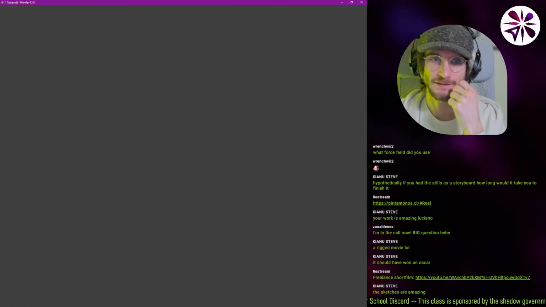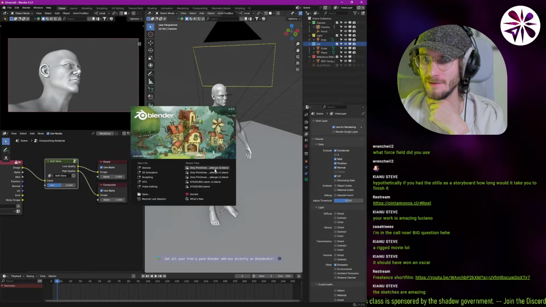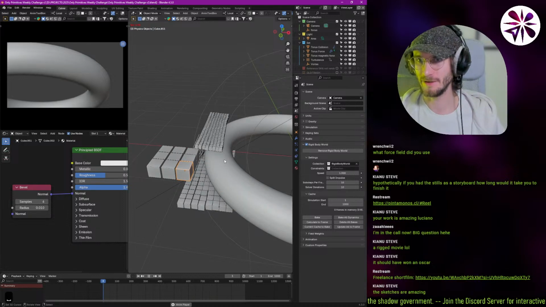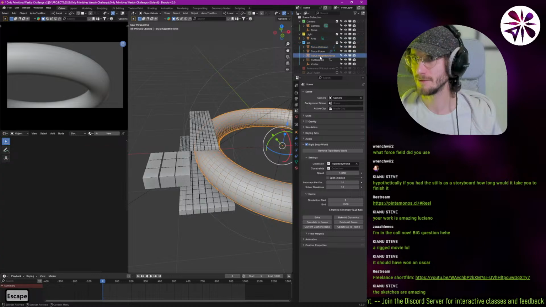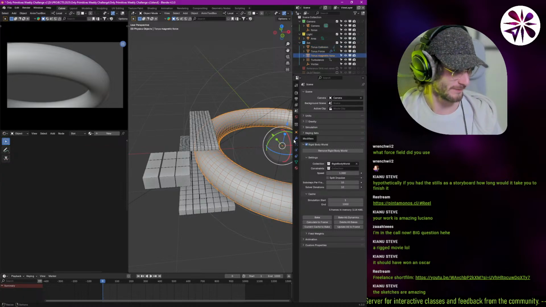Wrench asks, what force field did you use? I used a magnetic and normal force field, but the special thing is that they are on surface mode. If you look at this, I made a duplicate of the torus, and